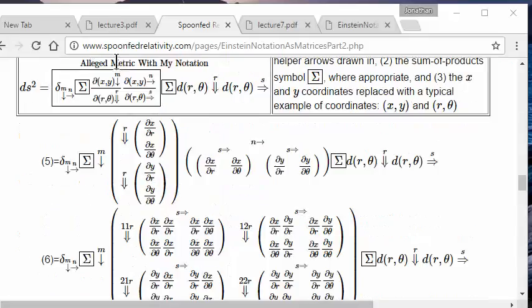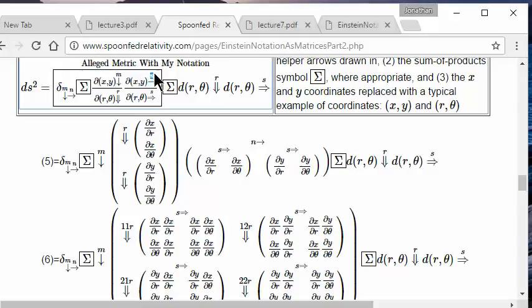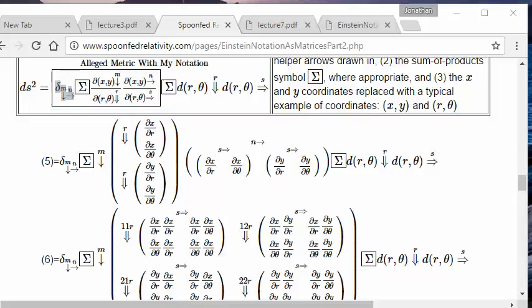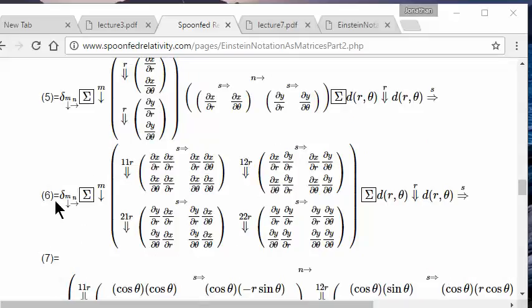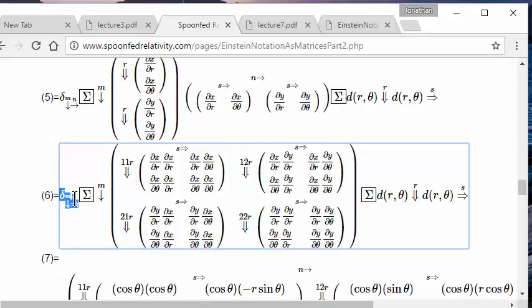Now I can see that this 2 by 2 by 2 by 2 tensor does appear just by changing that m to an n, and we have the added advantage maybe that this alleged metric is actually commutative,